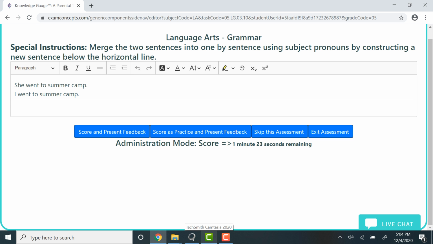In this assessment, you're going to need to merge two sentences. Take these two sentences and make one sentence out of it. So the sentences are, she went to summer camp, I went to summer camp. So I'm going to take, she went to summer camp, my cursor in front of the S, hold the F